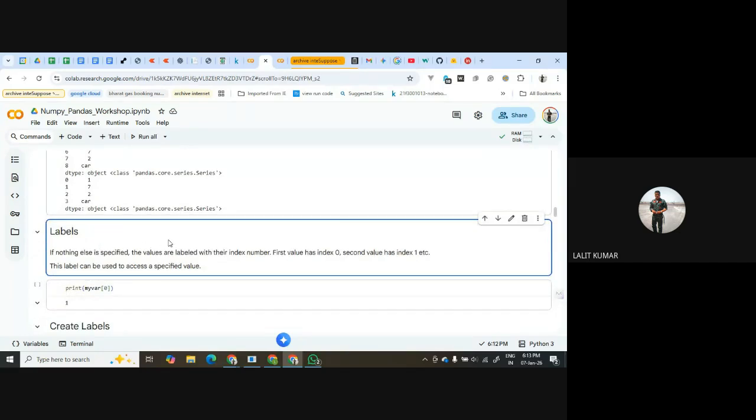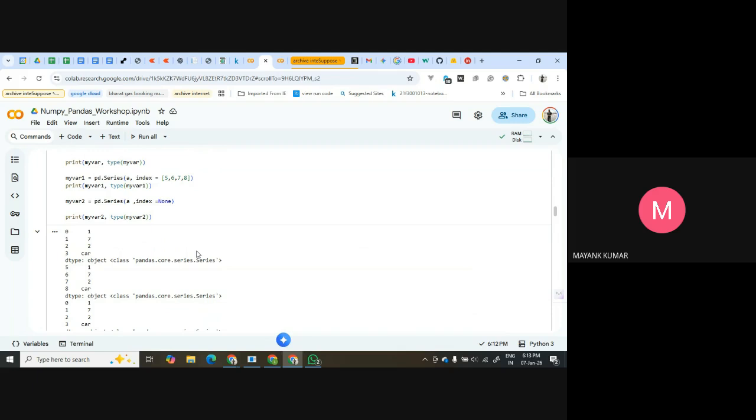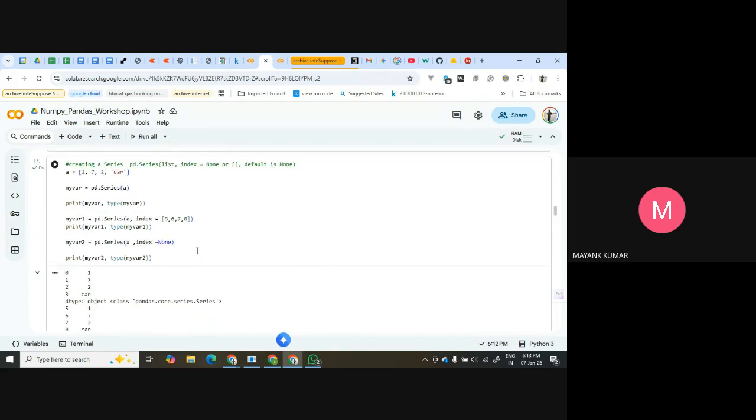Sir, before you have seen that you have given index numbers from 5 to 8. If there is a large data set and I don't know what is the last column, can we give a start, suppose 5, and it will keep increasing automatically? Oh, no. So if it is a large set, you can start with the default.